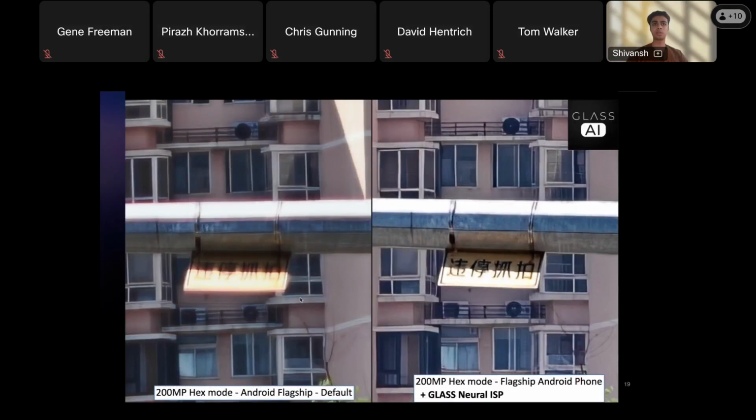Some more examples from the same 200 megapixel Android flagship, and you'll see, I don't know if you're able to see my arrow, but there's a lot of dispersion around the roof of these buildings, which also looks kind of magenta-ish, and then a lot of dispersion around the boards, and all of these dispersion artifacts are coming because of the optics of the lens.